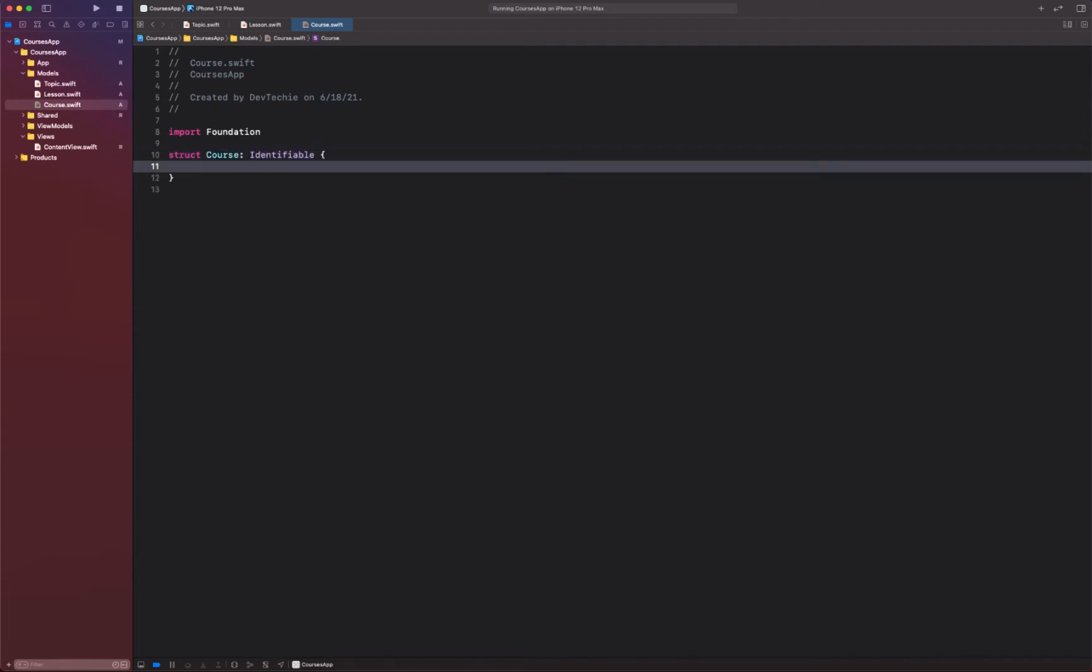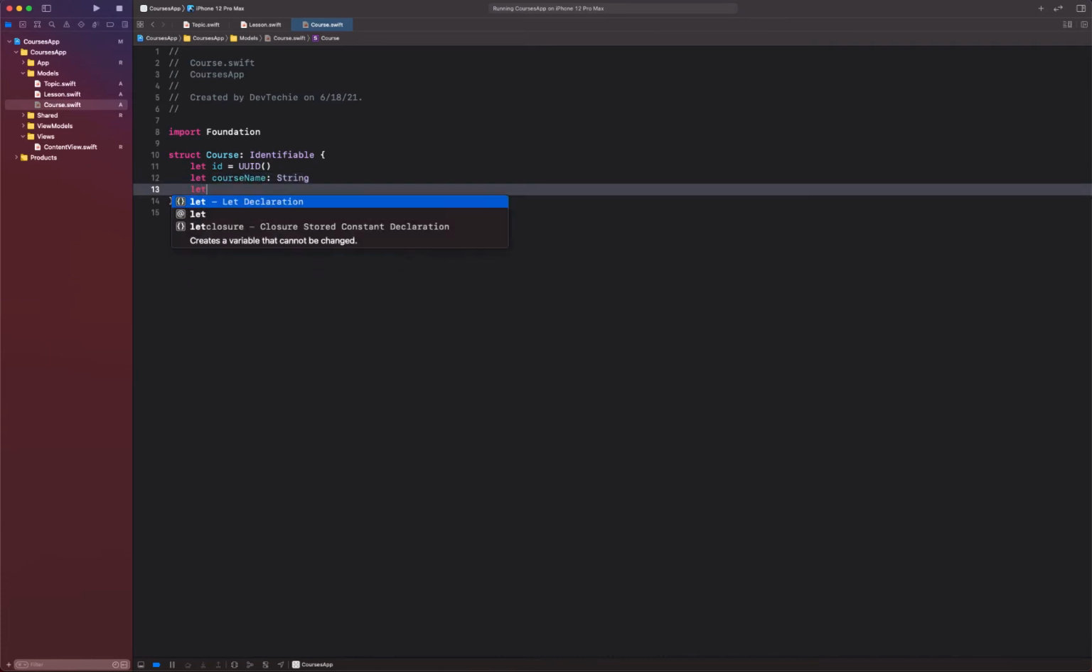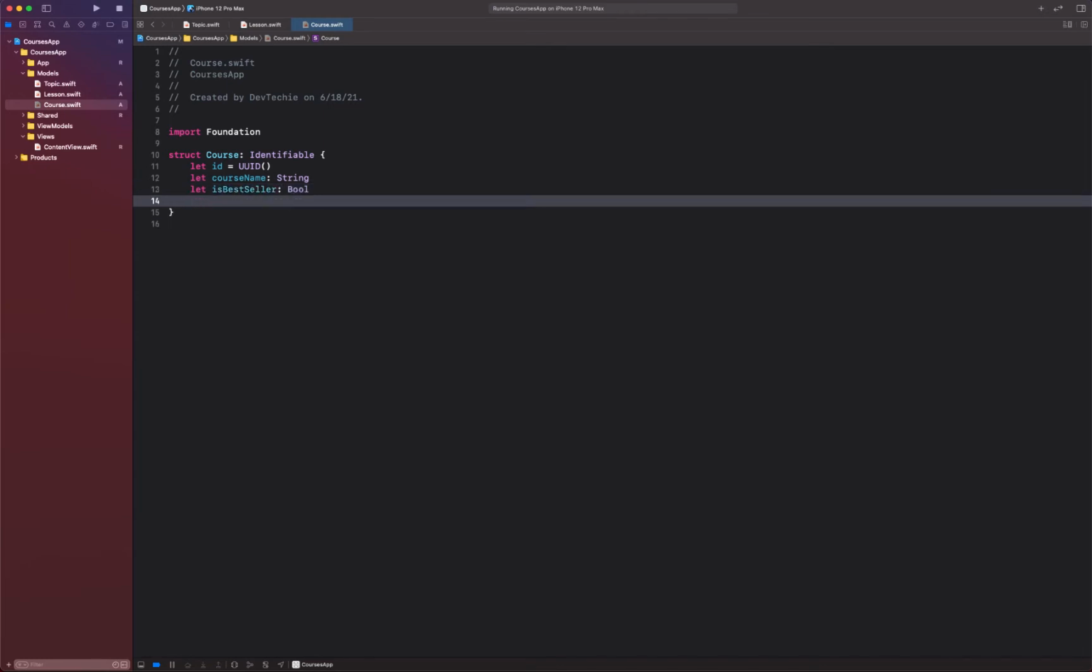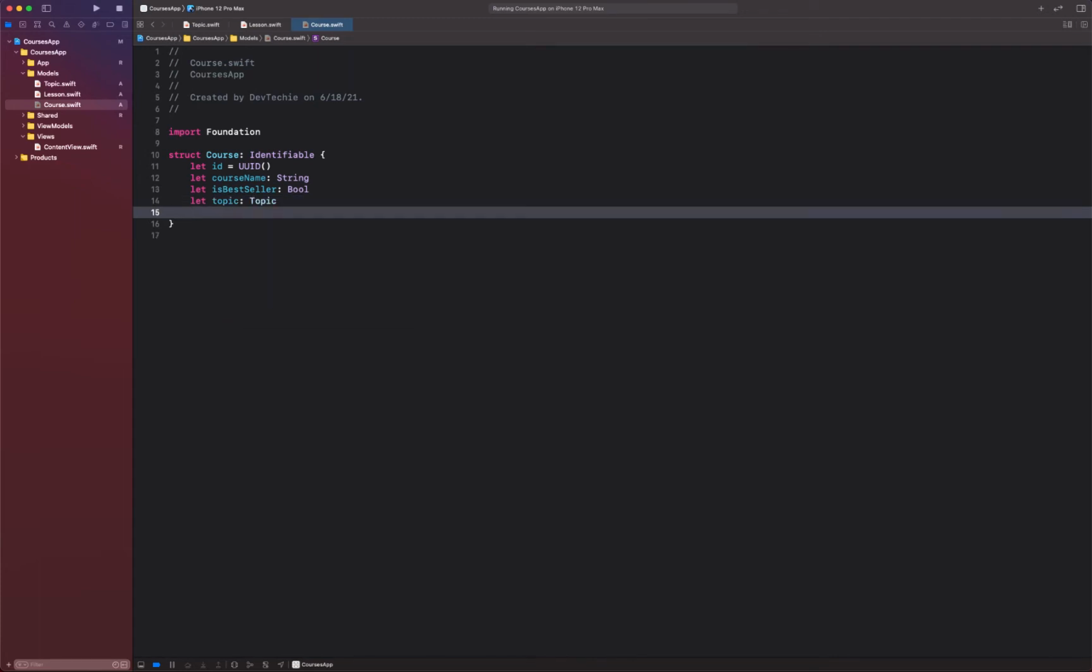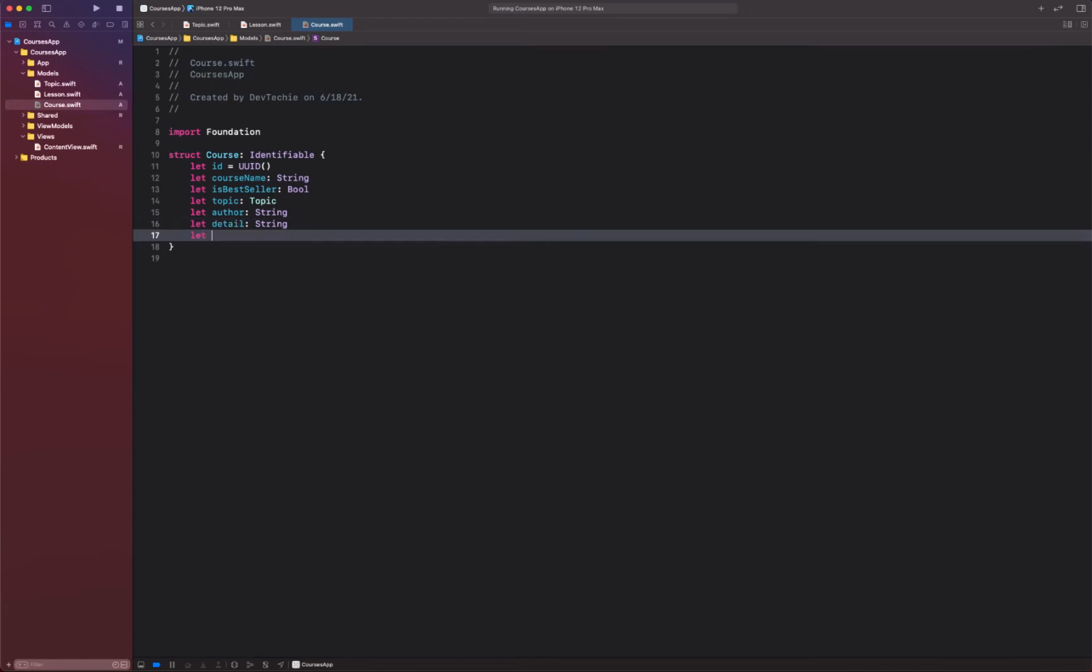Identifiable. We're going to give it an ID, and let's define a UUID right here. For course name, we're gonna have a string type. Is best seller, it's gonna be a Boolean type. Topic is gonna be topic type. Author, detail,